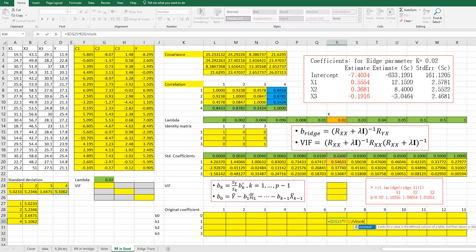So we look up this one, comma, comma 2. Okay. Right, so this is the same as our output,